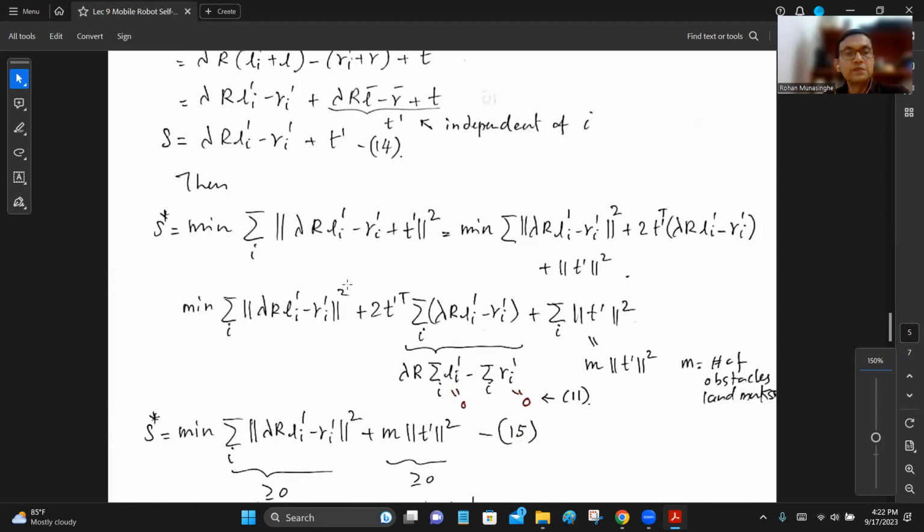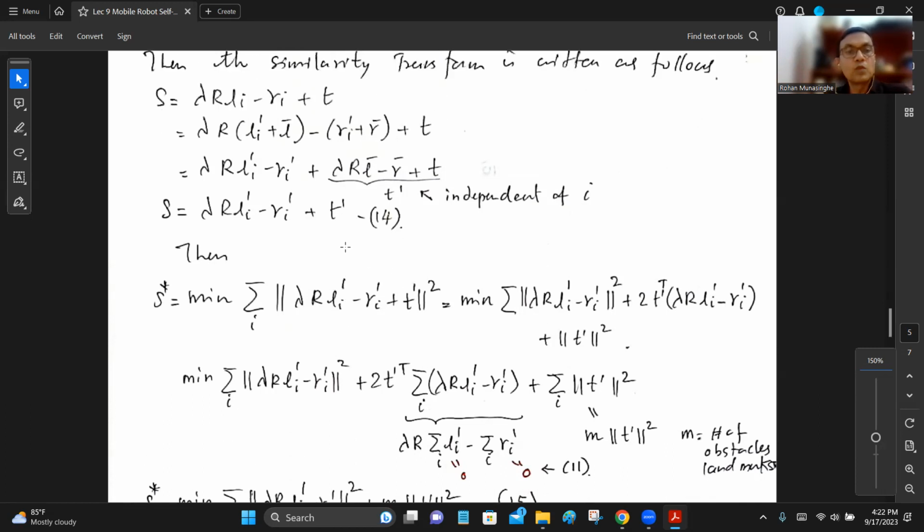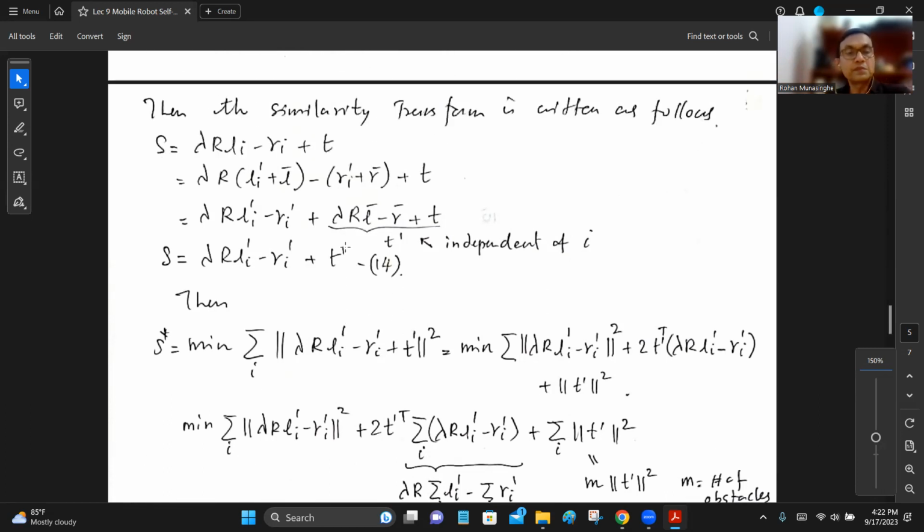Can you see it over here? Lambda R Li dash minus Ri dash plus T dash. Get the Euclidean norm, the length of that error, and the square of that. So add all of these together. So remember, once you have these errors,